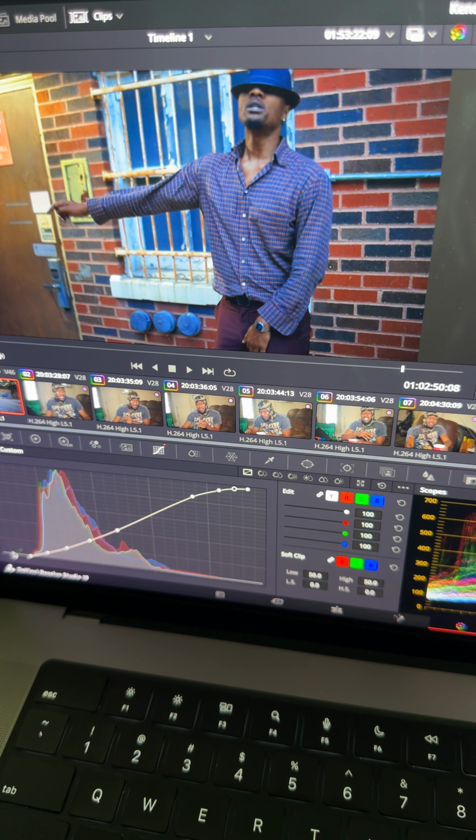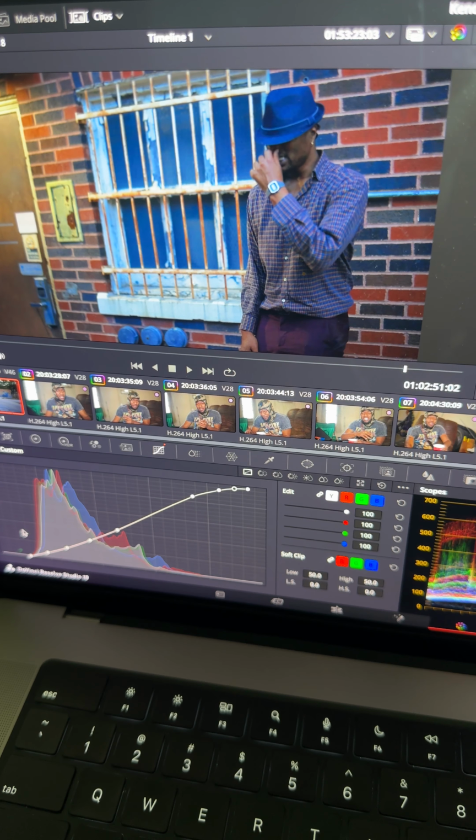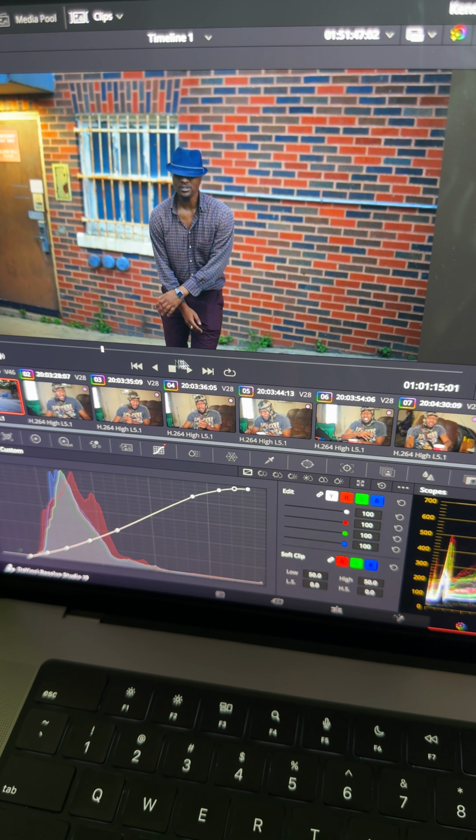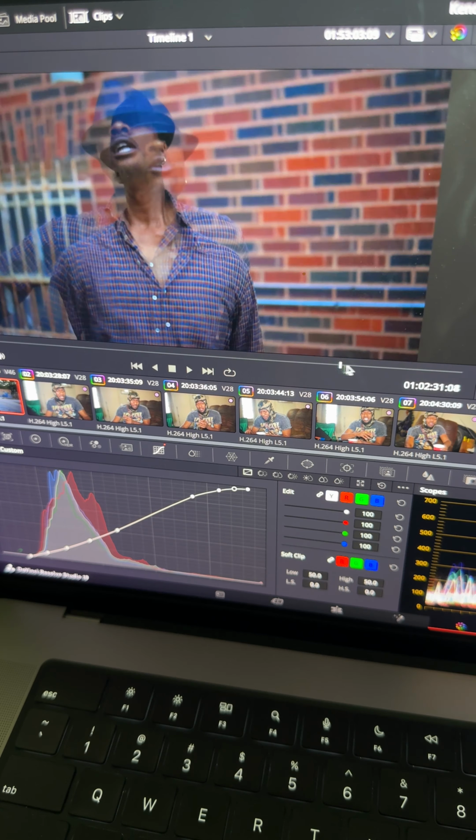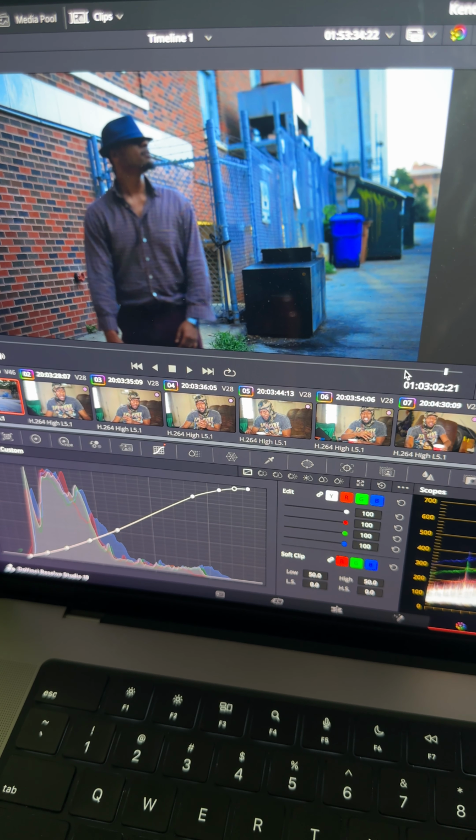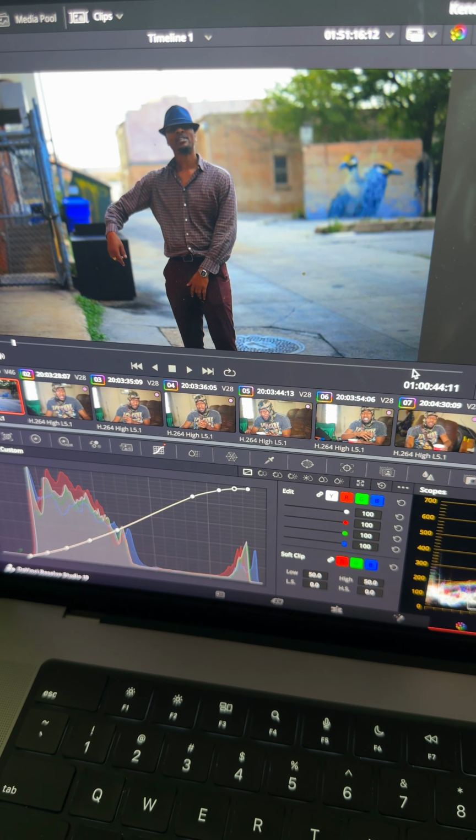So I don't like to bring it all the way. I normally don't bring it this far, but I'll try to back off some, because this is going to move as he moves. This will continue to move. It's not going to stay in that same spot. But you want to kind of look at all the different scenes and make sure that they are